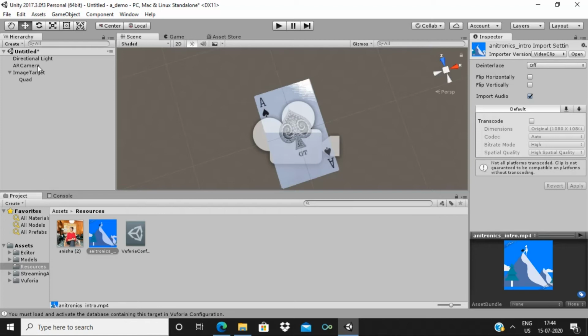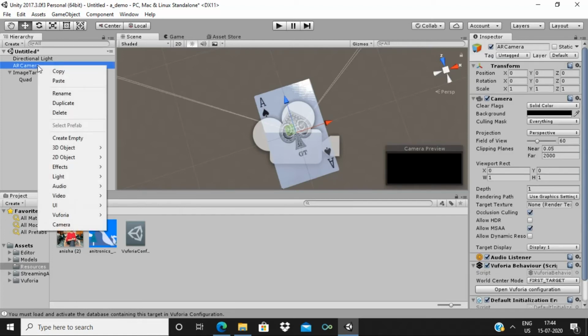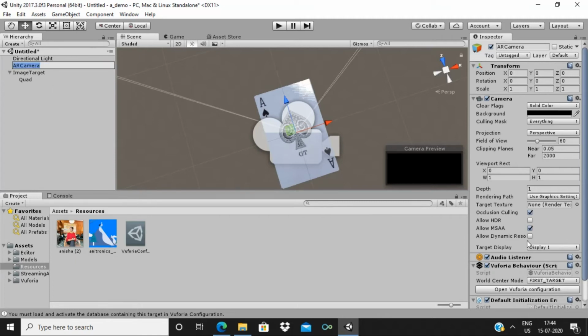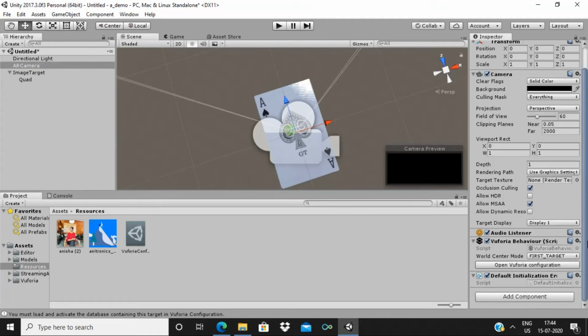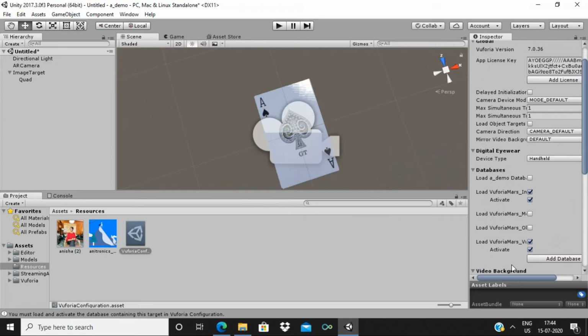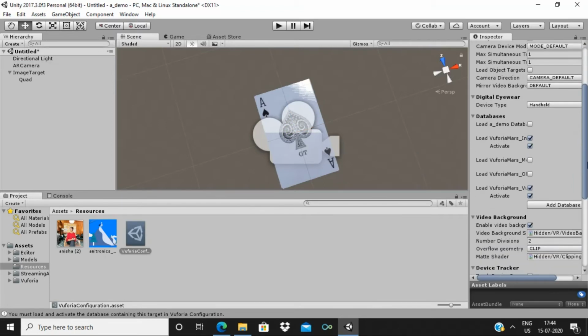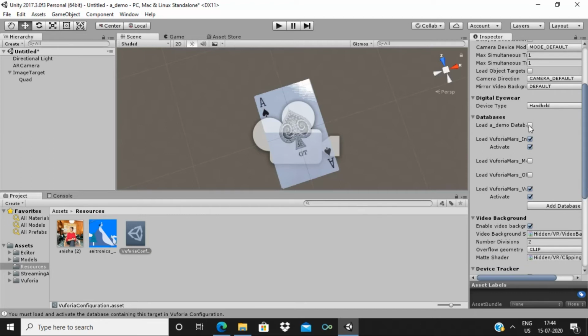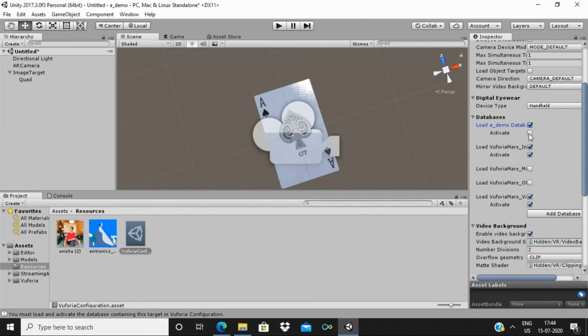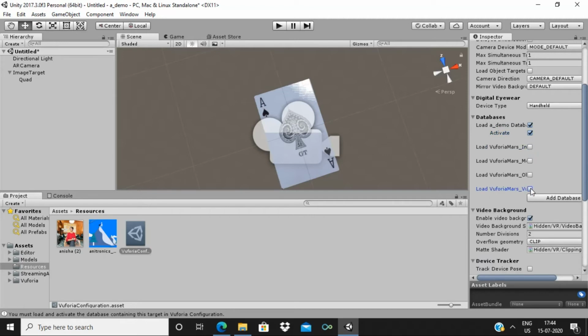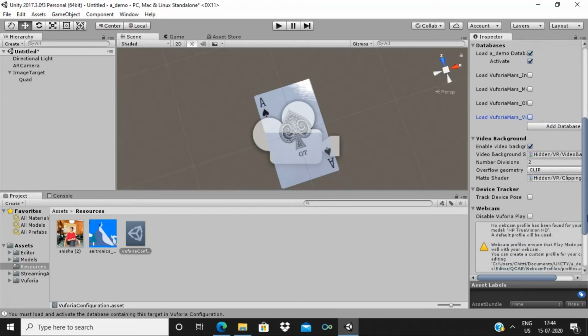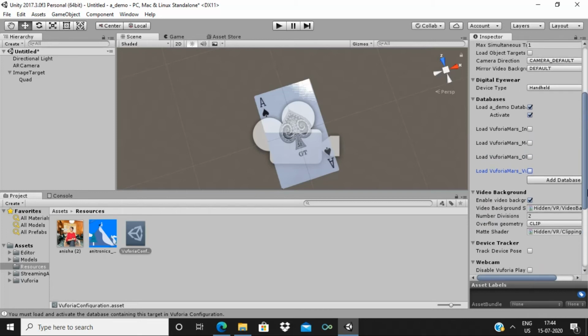So for that, go to AR camera and here open Vuforia configuration. Yeah, here you can see our database, the demo database. Click on it and activate it. The remaining ones we don't need, so undo them. Yeah, we have added it,